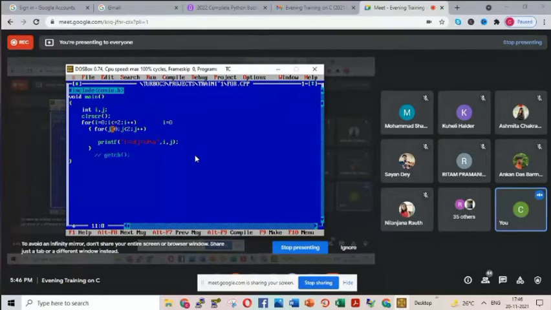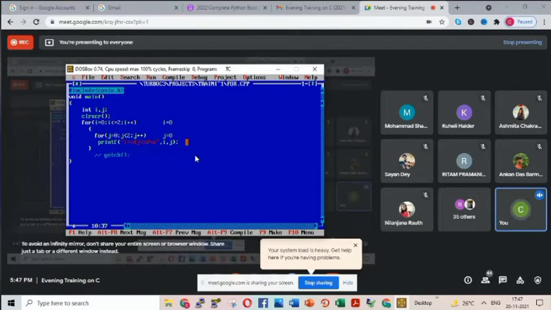So I have this second for loop nested by first for loop. According to the rule of for loop, with i equals to 0, control will enter inside. But after entering inside, what is there? There is another for loop. So this for loop will start executing. So j equals to 0. Now, when j equals to 0, what are we doing? We are printing the value of i and j.